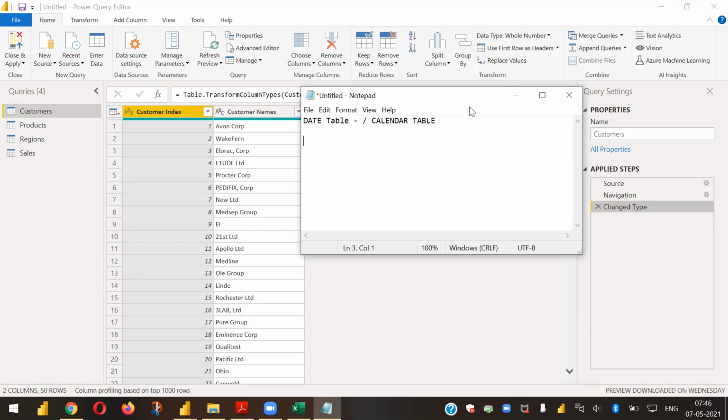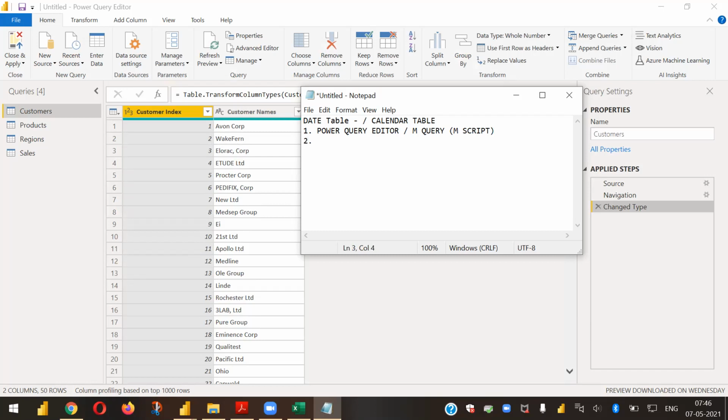So a date table can be brought into our model in different ways. The first way is from the Power Query Editor, or I can say M query. You can write some standard M script. You need not know any script. You can just copy paste some script. We can have it handy. This is one way of doing it.